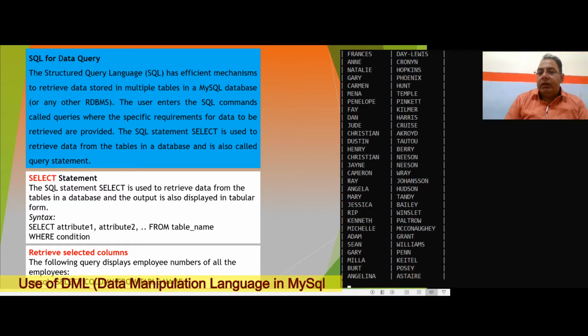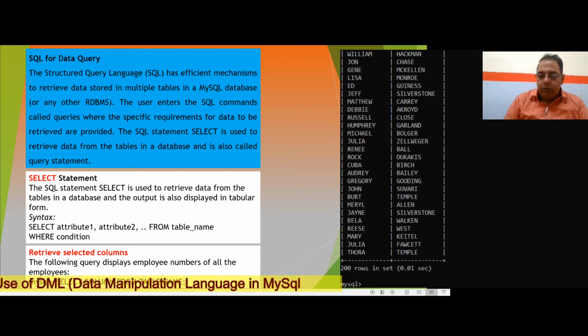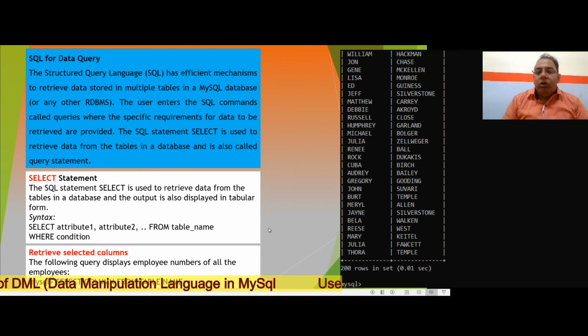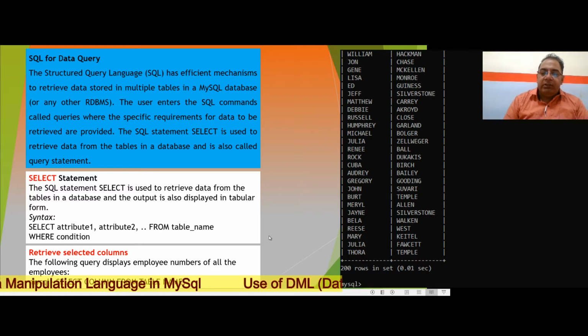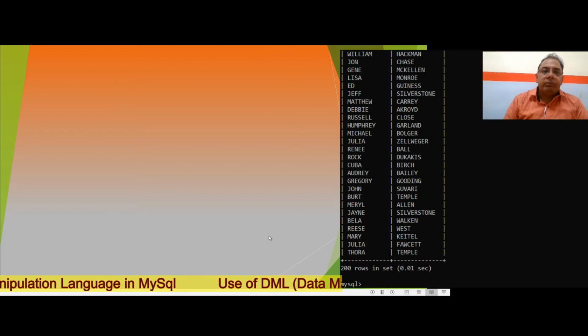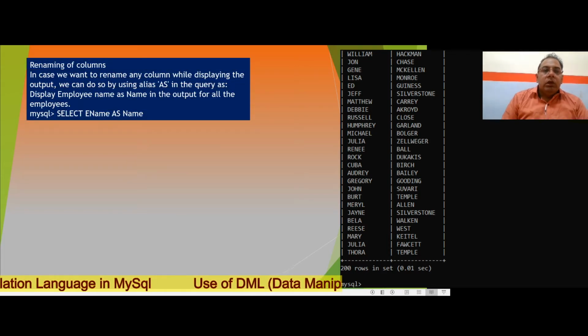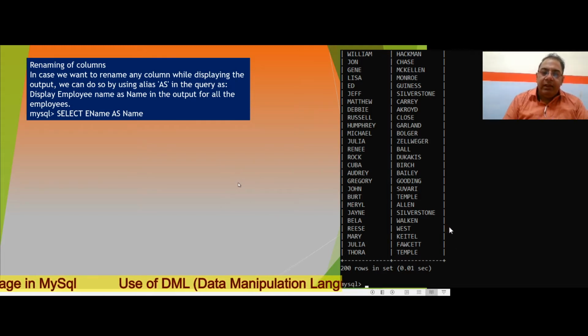I will just press enter. Two columns are there only. It is a command which is DML type and can be used to retrieve the data depending on the condition. Next we have renaming of a column. Suppose I want to rename the column first_name as name. For the same, I will write down